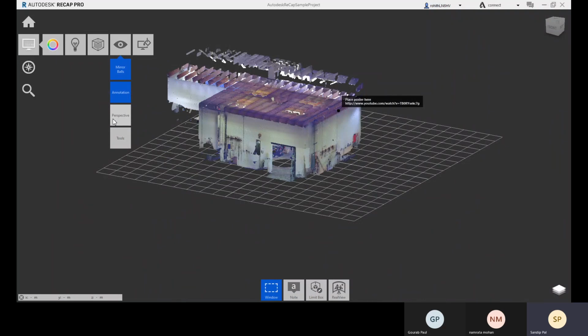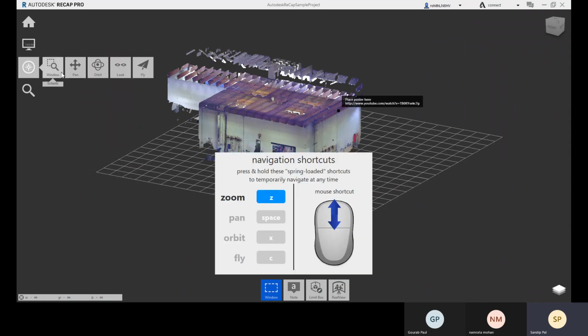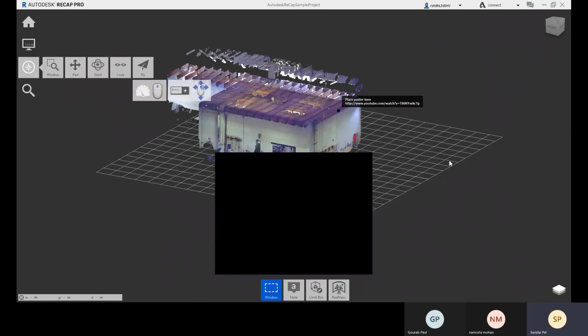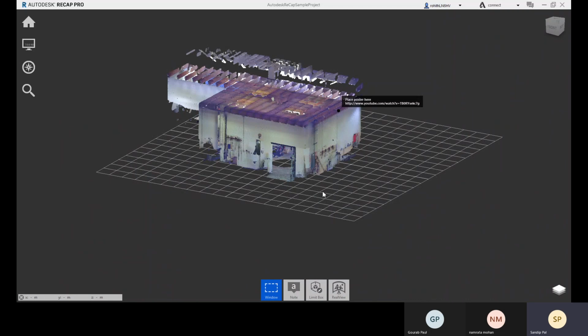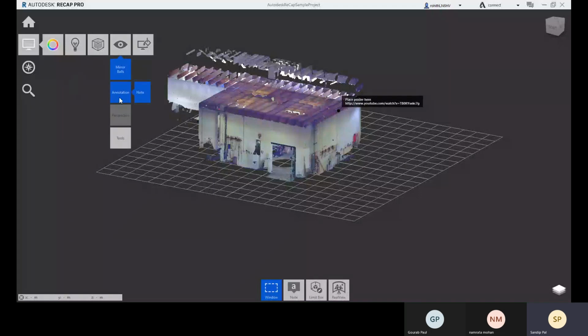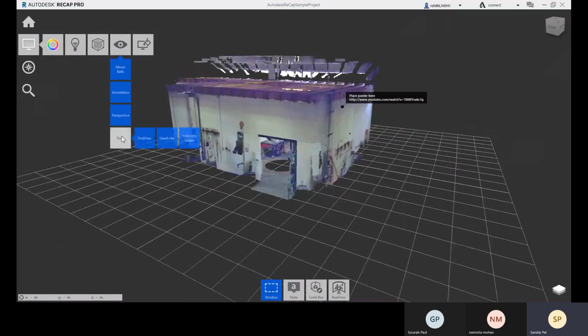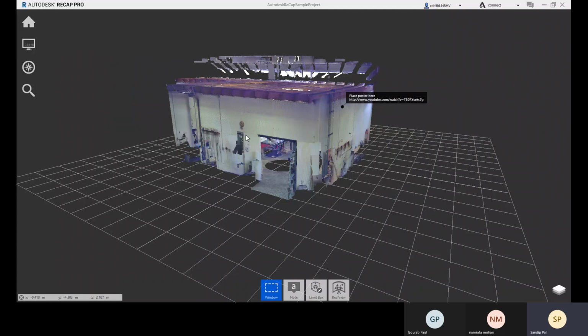And if you need ortho mode, you just have to uncheck this. Right now this is isometric, or else you can say it as an ortho perspective, but better you say it as isometric. So if you ever need isometric, you just uncheck this perspective. And here you have this tool option, about navigation tips and the view cube. If you uncheck this view cube, you will not get it.